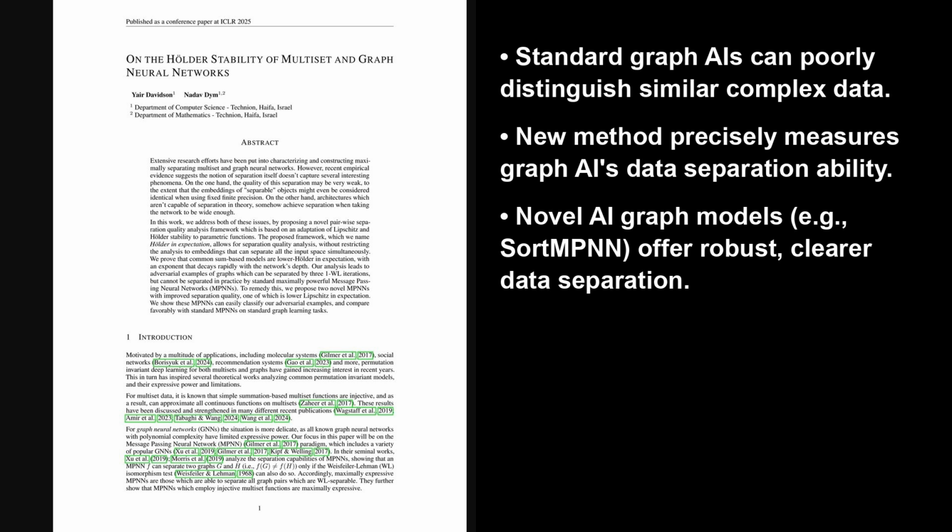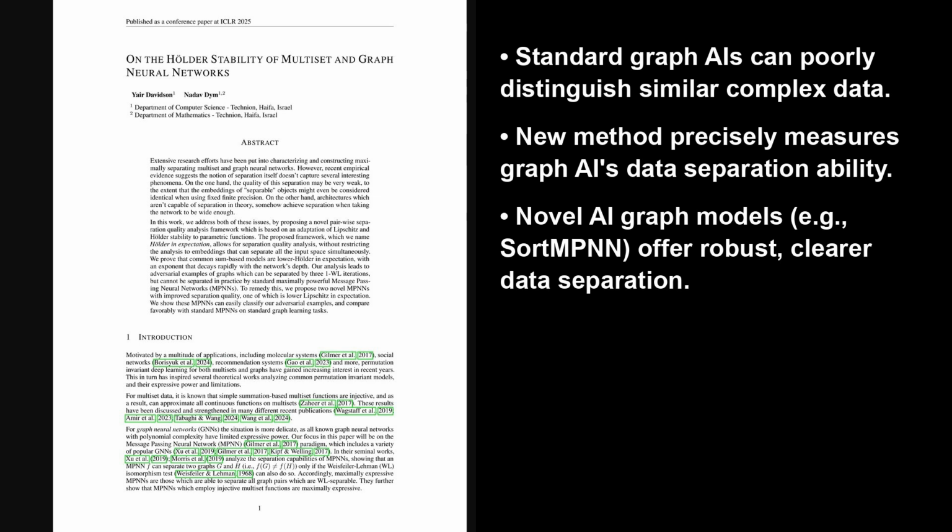We're diving into an ICLR conference paper on the Hölder stability of multiset and graph neural networks, published just over 3.5 months ago. This paper investigates multiset and graph neural networks. These are AIs for complex data, like item collections or connected structures such as molecules. It looks at how well these models truly distinguish different inputs, going beyond just theoretical guarantees. The authors propose a new way to measure this ability, called lower-Hölder in expectation, to really quantify the quality of